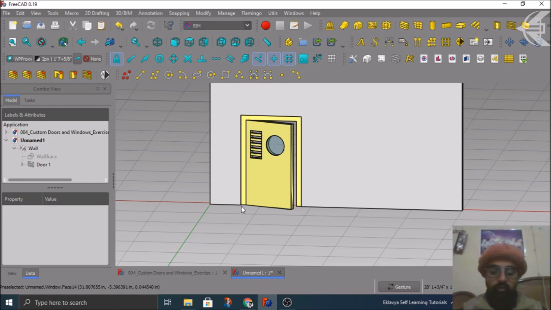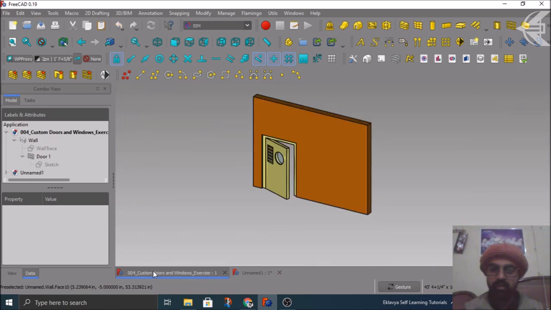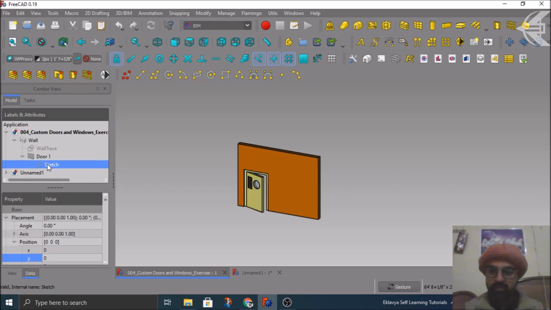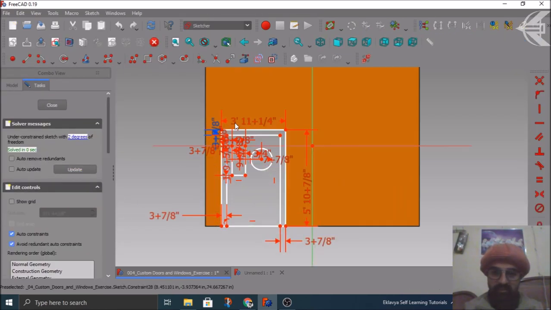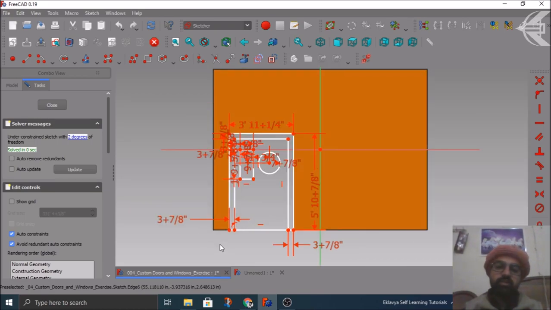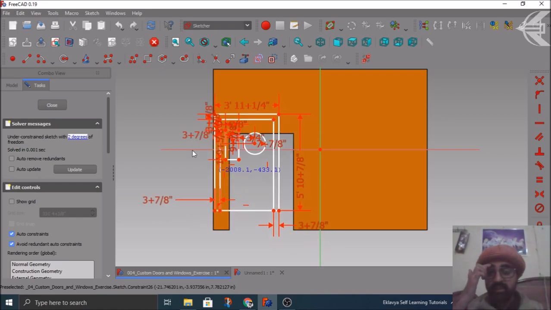So one thing, if you remember in between the tutorial, I told you that you need to keep your sketch not so much constrained. So basically what it means is, if you go to your previous project, you can see this door in a tree view, and I open this sketch. You can see the internal geometry of the door is very well constrained. All the dimensions are there, but you can clearly see I have not constrained this to any external geometry of the wall or any other object. It is totally independent. That means it can clearly move anywhere.